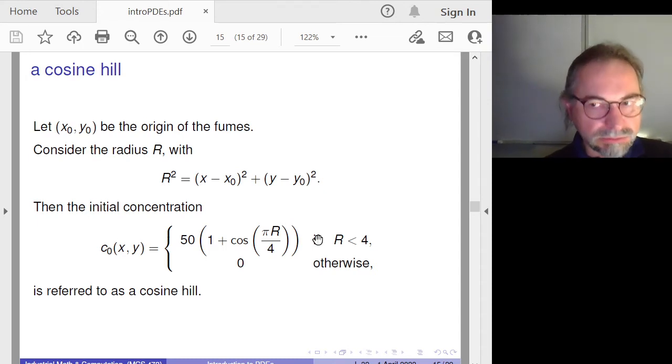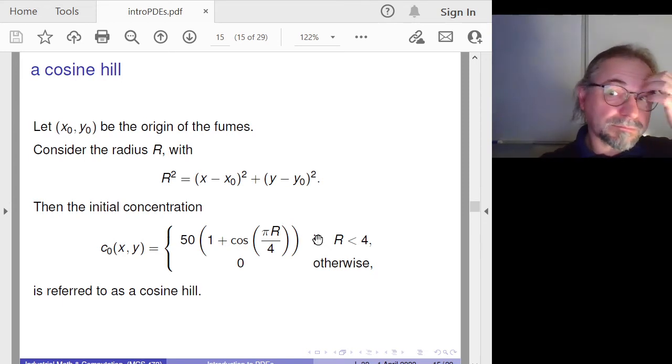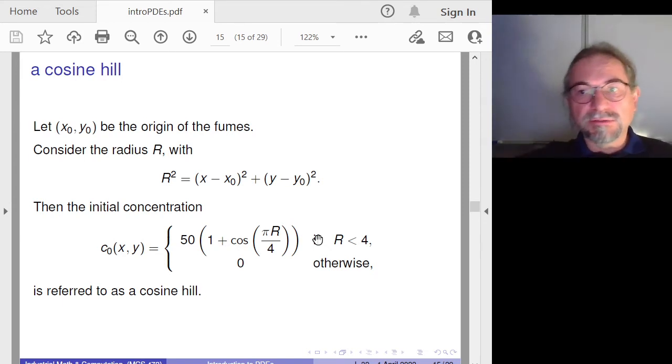Cosines, it will turn out, appear very natural when we consider the heat equation, the diffusion equation. So we have a radius. Depending on the initial profile, you can make this very small,